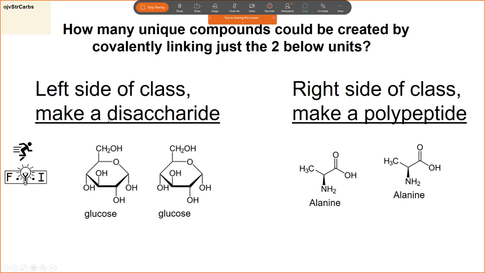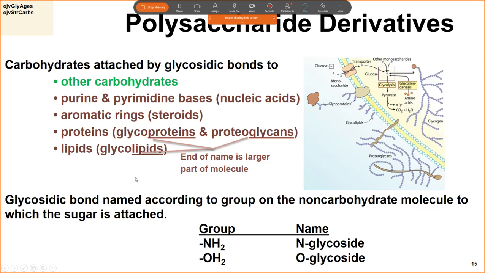The take home here was how many ways can you combine sugar molecules versus amino acids? If you were making a polypeptide for the amino acids, there's basically one compound you could make. If they were radiocarbon labeled carbons, if you knew the difference between 2 alanines, you could make 2. But with glucoses, you can make many because there are so many OHs that can attack the business end of the other molecule. So the take home there is that sugar tagging is numerous,